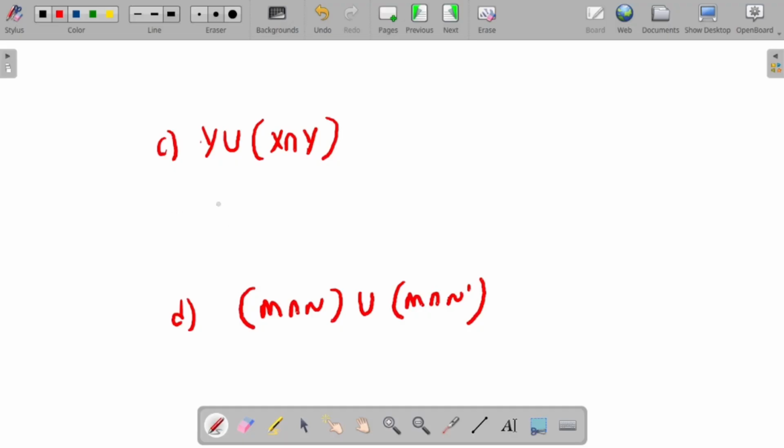So when you look at this set, you're basically looking at Y union X intersection Y. So if we were to break it down, it's more like you're using Y union X in brackets. Remember, when you've got different set operations outside and inside, we can basically apply the distributive law,